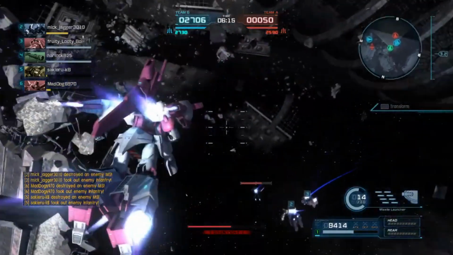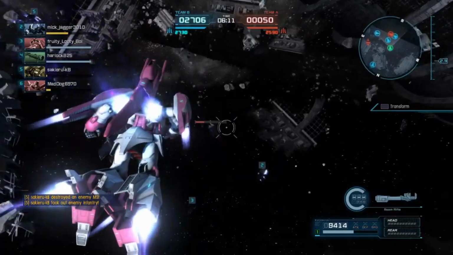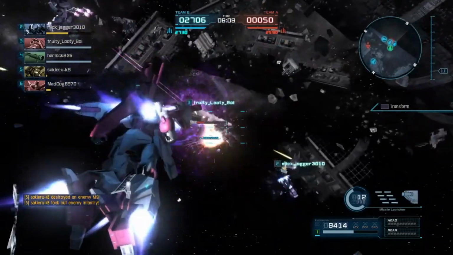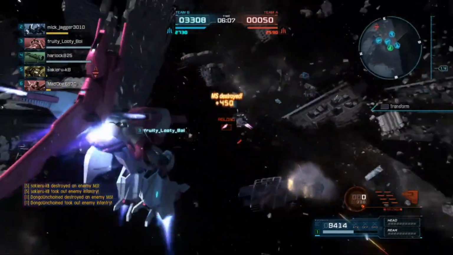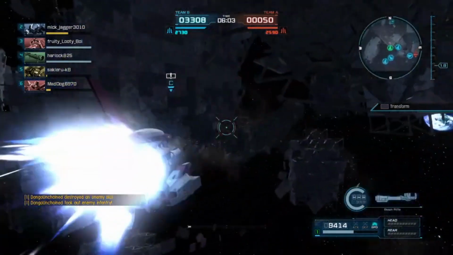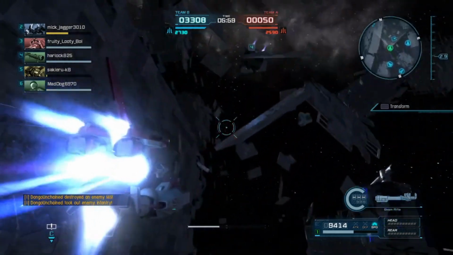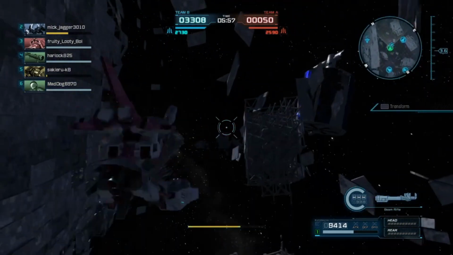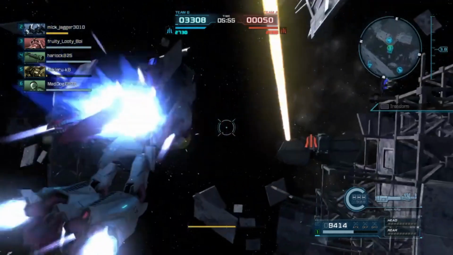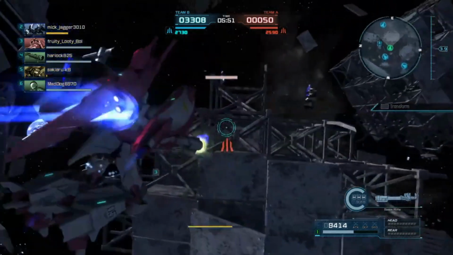Yeah, these are some pretty weak resistances. 16,000 HP, which I believe is 500 more than the Gaza C level 2. The ballistic resistance, I believe for the Gaza C level 2, it's 12. So this one has 18. And yeah, the Gaza C has way more beam defense than this suit. I forgot exactly, but